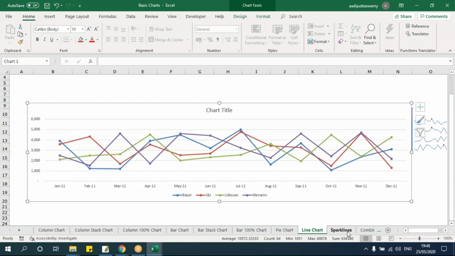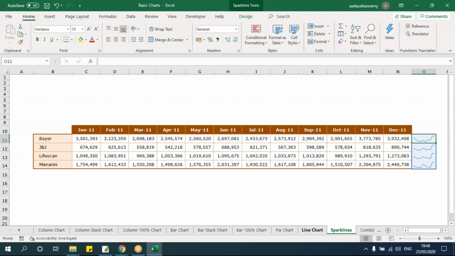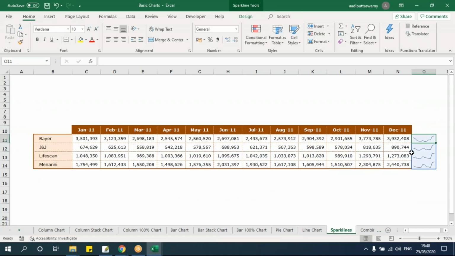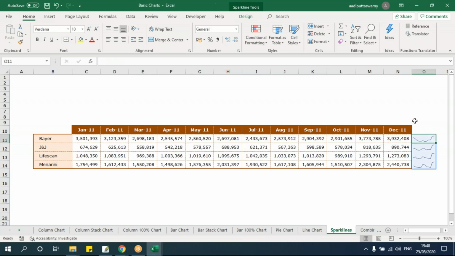The same chart that you see here is actually plotted here. Say for Bayer, Bayer is blue. See this line, whatever is there, that is actually plotted here. So in each cell, the chart is plotted for one line like this. This is called sparklines. You can change this to a column chart as well. Let's say I have these options here,